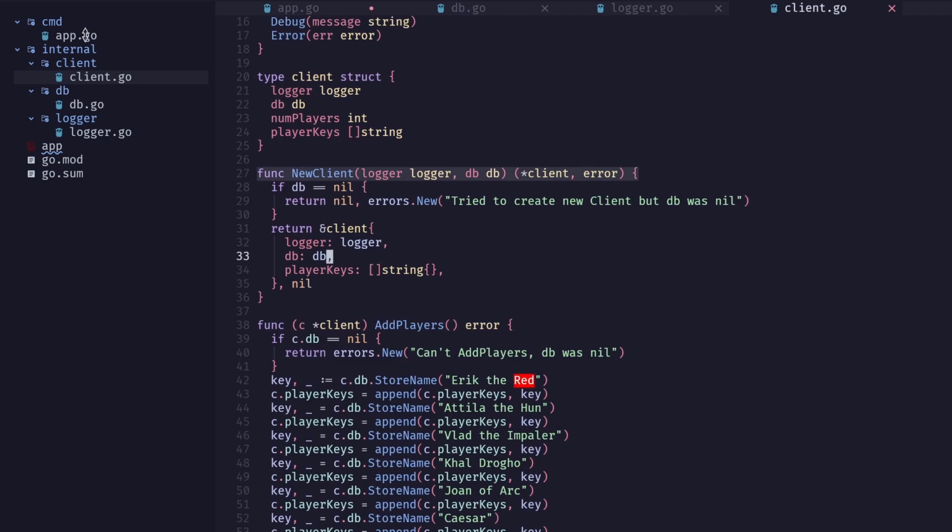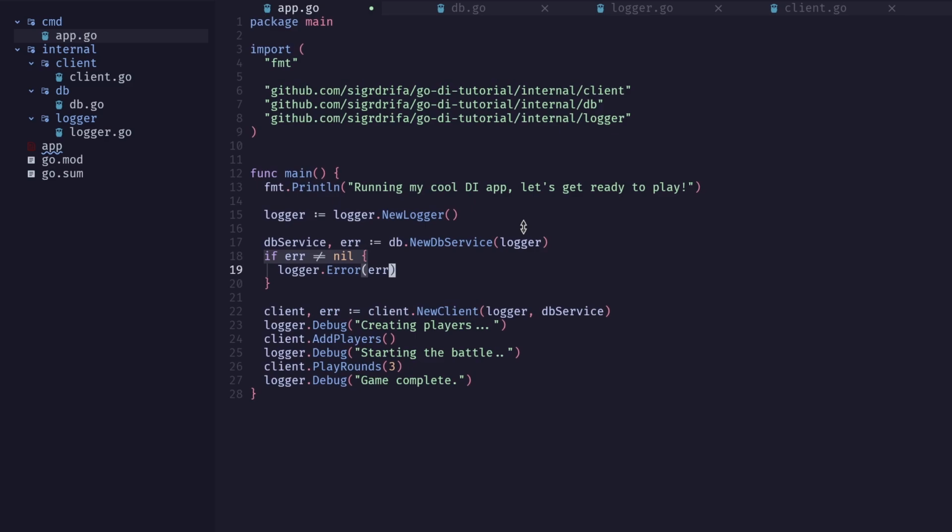Now, in this Citadel game, if we go back to app.go, we can see a couple of consequences. So first of all, we need to instantiate everything. Everything needs to be ready for when we create the client, so that when we create the client, we can pass it valid pointers to things. Because we could, of course, pass in a nil, right? Because we're just passing in a pointer. This would compile if we got rid of the stuff here, but it obviously wouldn't be very useful because our client would just crash, and say, I don't know what you've given me, but I can't actually use it for anything. It's nil, right? So that wouldn't work.